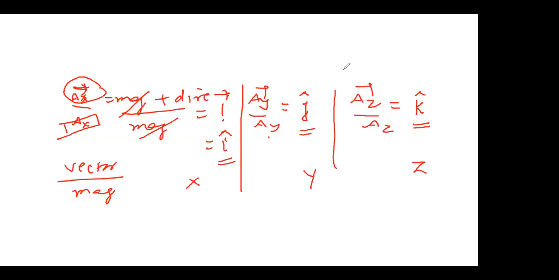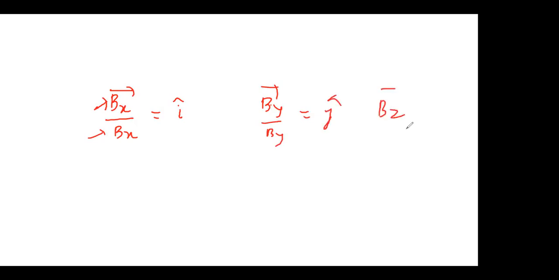Again, I'm showing something. You have to tell me its unit vector. B x bar divided by B x. What will it be represented as? Sir, we can take any letter. Any letter. This is just a vector along x divided by its magnitude. Then I cap. Yes. Any vector along x, any vector along y, any vector along z. If I take B y bar upon B y, what will I get? J cap. Correct. If a vector along z is divided by its magnitude, what will I get? K cap.